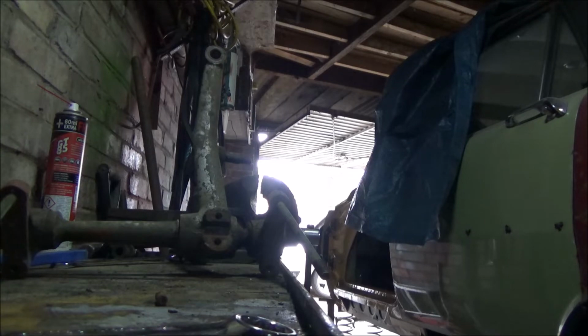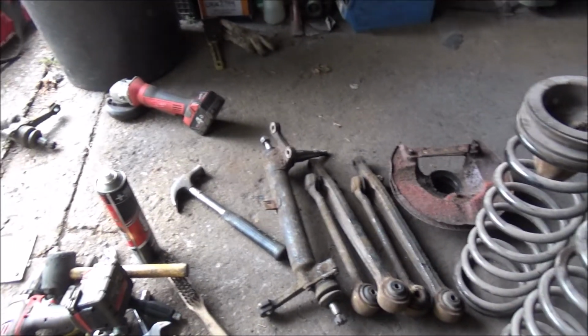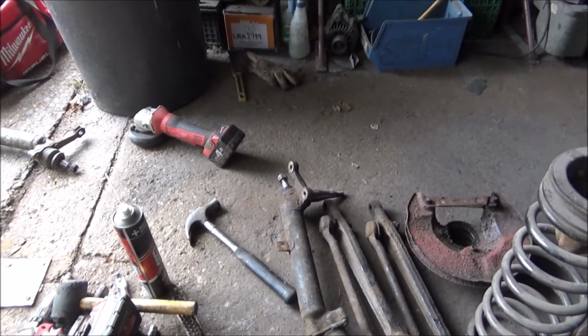Alright, give them a clean out and a paint up now. I've stripped a fair few bits off now. The front suspension, so I've got a good pile of bits. Actually, these are my springs from earlier, but I've got the bottom arms, one of the legs, I suppose you call it a leg. I'll clean these up, so I need to paint these in a minute. But the other leg,